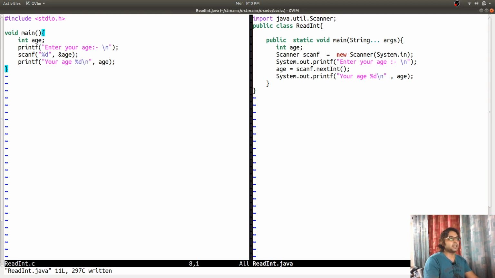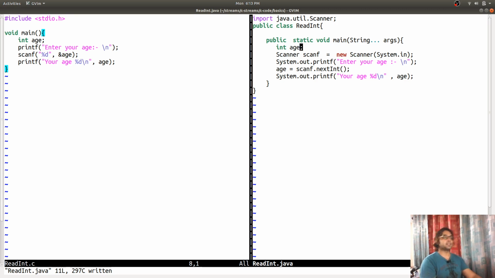We first declare the variable age, which is going to point to a memory address in the random access memory, in the RAM. In the case of C, my application is not allocating any memory in the beginning, so the memory pointed to by age is not inside the virtual machine.